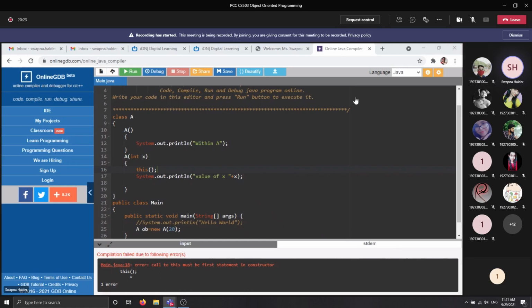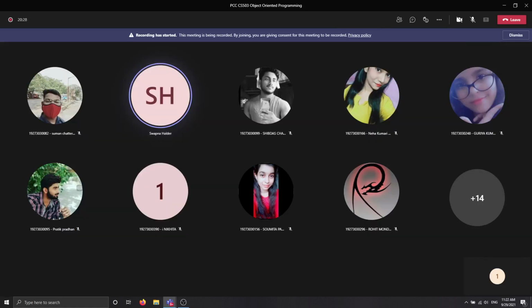So let's go for the next section, that is uses of the this keyword. Look, we have already discussed the 3 uses of this keyword. The first use is you can invoke the instance variable by using this keyword. The second one is the use of a parent class method, and the third one is the use for a parent class constructor. Okay, these 3 uses you can use in your Java program, and that will help you to do programming according to your needs. Okay, next we will study about the static keyword.